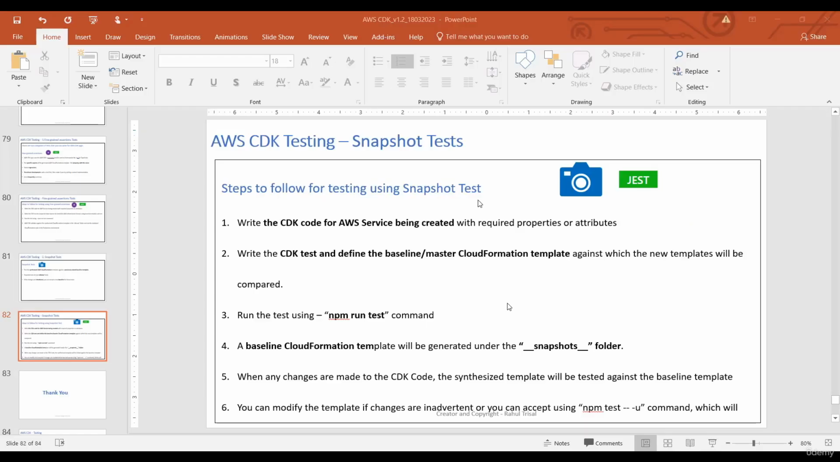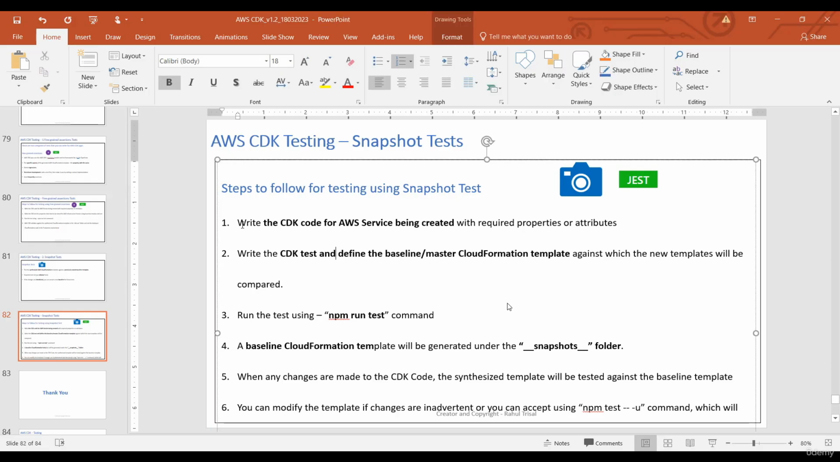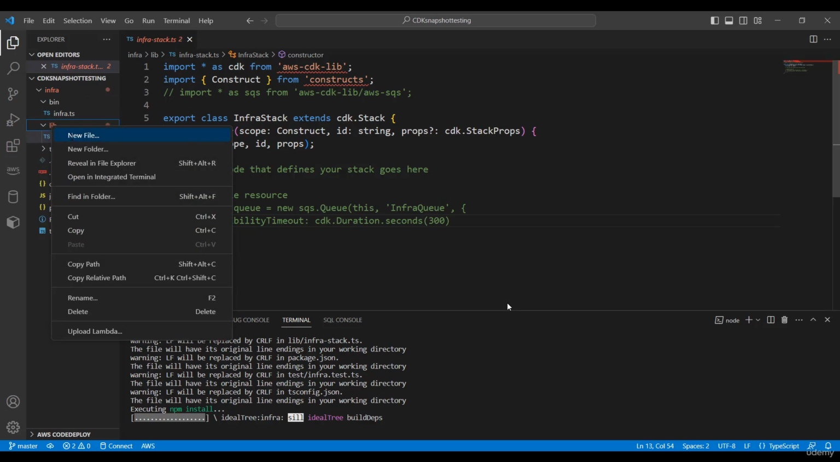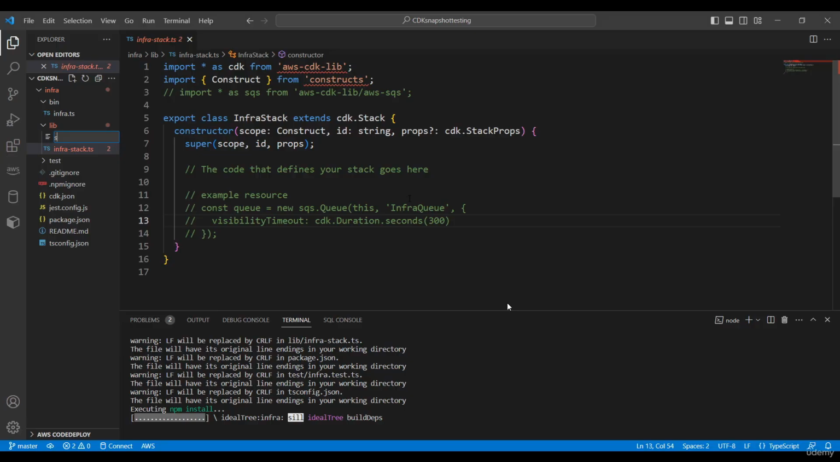Now let's go through the step-by-step guide to see how we can run the snapshot test. So in the first step, we write the CDK code for the AWS service being created with the required properties or attributes. So let's do that. What I have done is I've already created the folder structure by running the CDK init command. Now below the lib folder, I will create a new file and let me call it snap